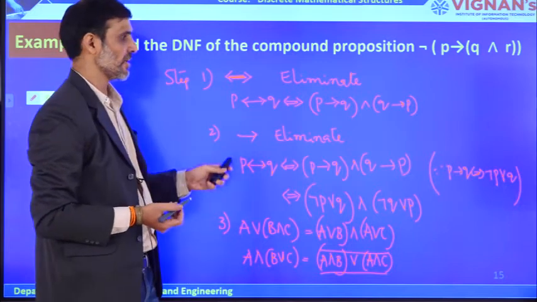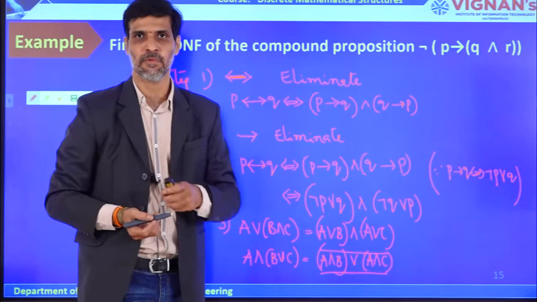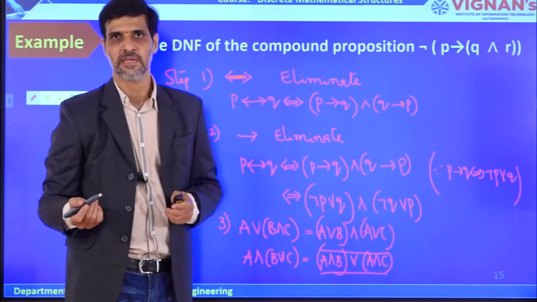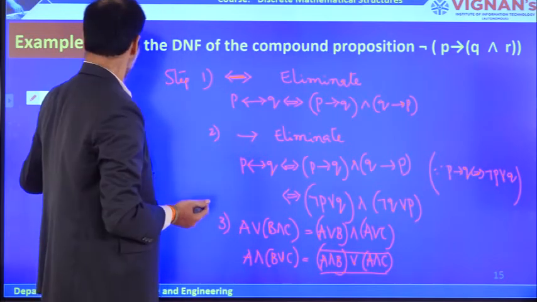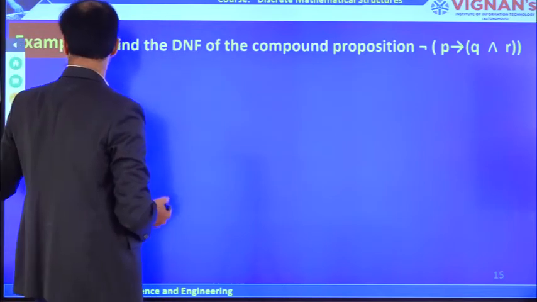So these are very, very important steps in the conversion to a normal form. It may be either DNF or CNF. So by using this, we try to convert